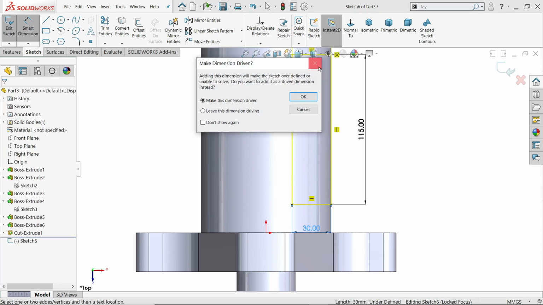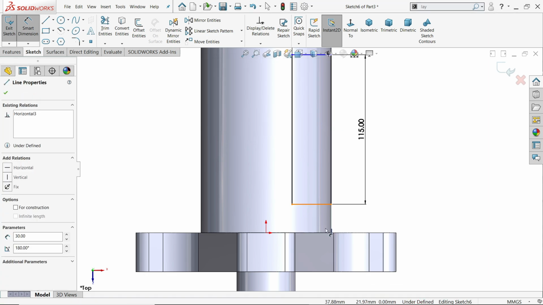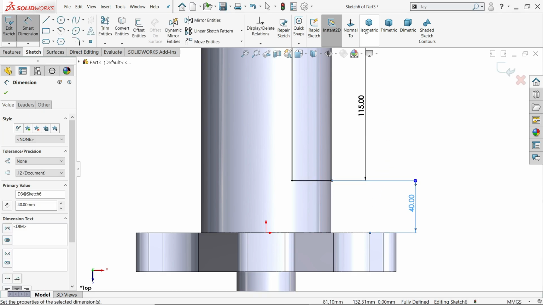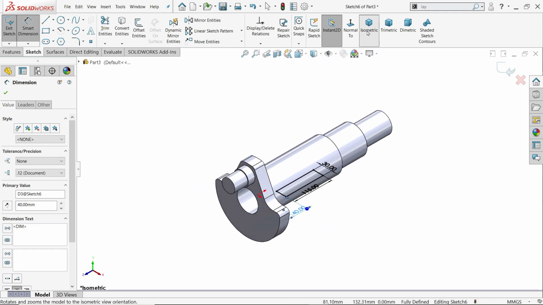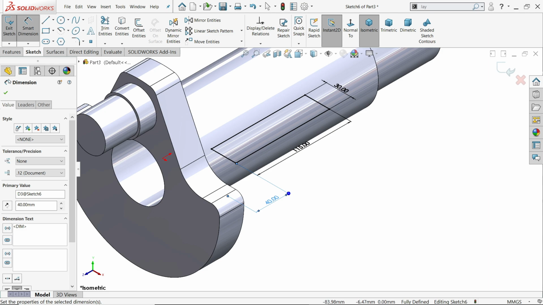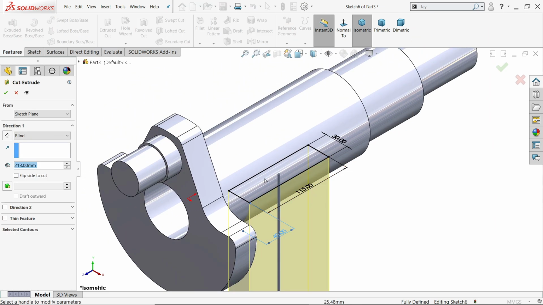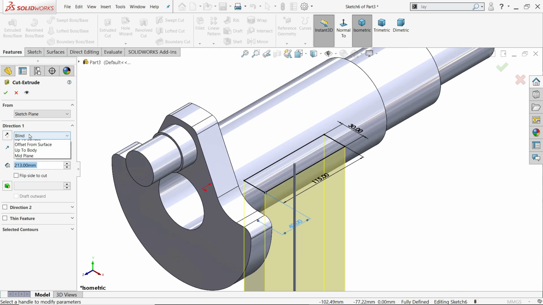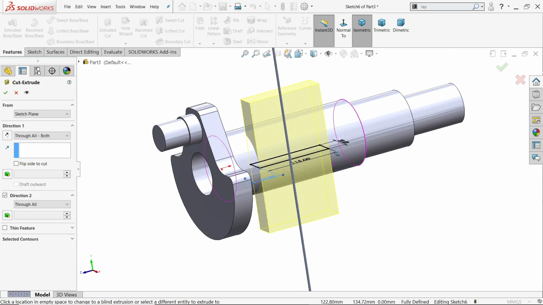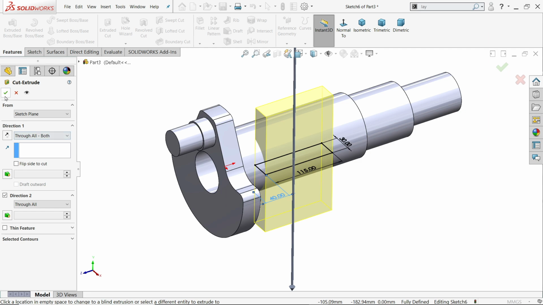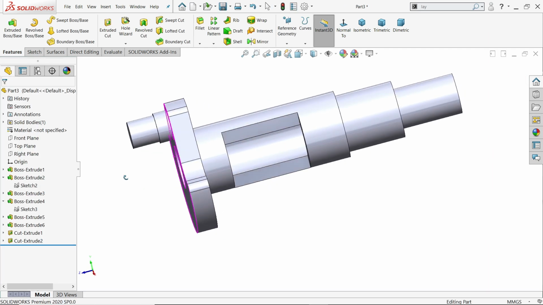That's it. Now right click, choose select, activate smart dimension. Now distance between this outer wall, 40 millimeter. If I select, see this side we need to cut, activate extruded cut. Now here we want to cut in both sides. So there is one option in end condition, select through all both. See, say OK. Look,